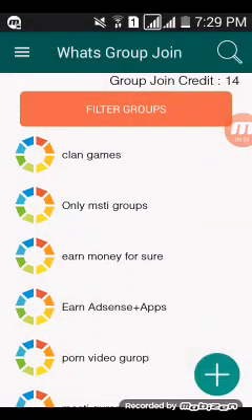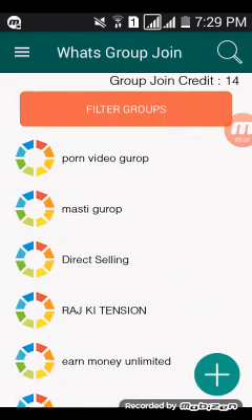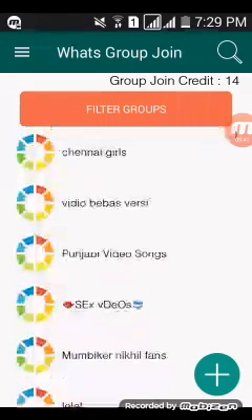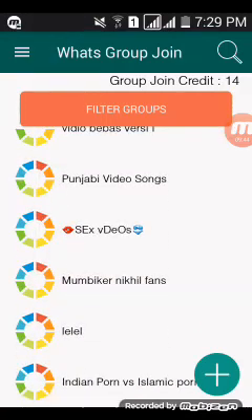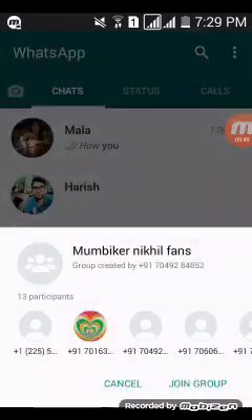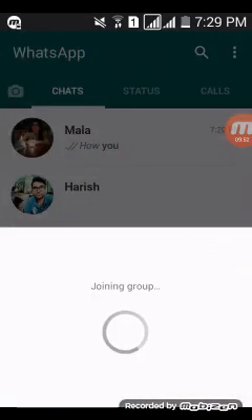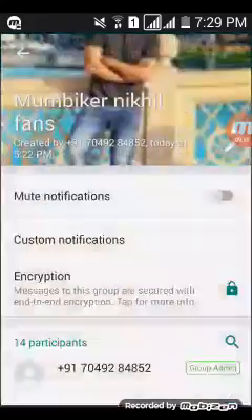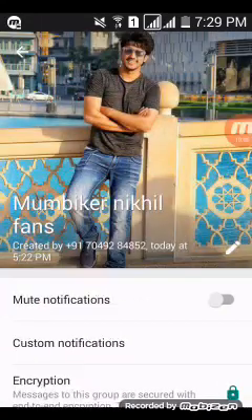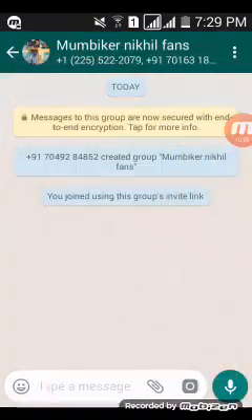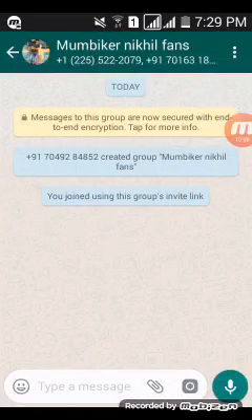So I want to add some other group. Let's try some other group. Mumbaikar Nikhil fans. So go to WhatsApp, join group. This is how you can add the groups. This is the Mumbaikar Nikhil fans group, so I have added to this group. So you can add multiple groups by this app.